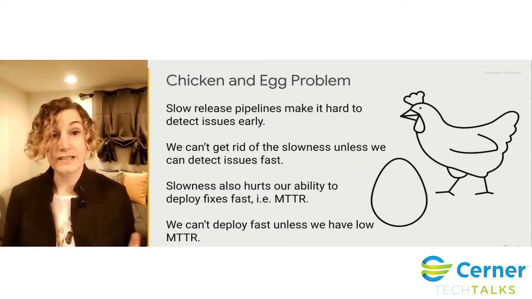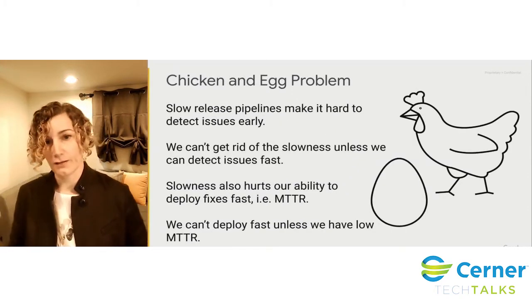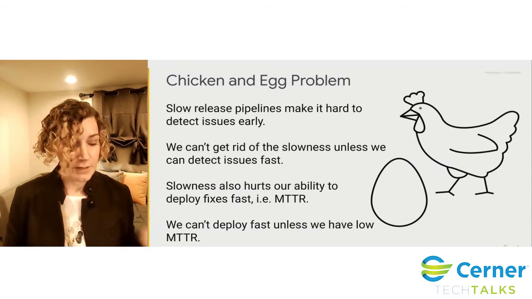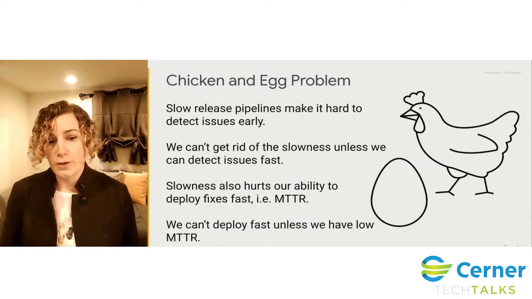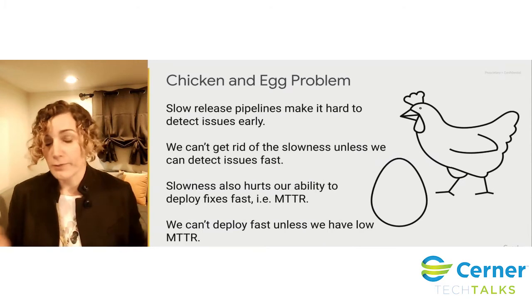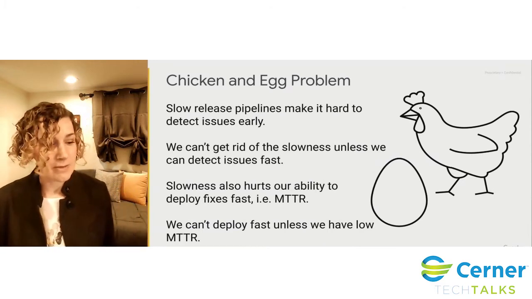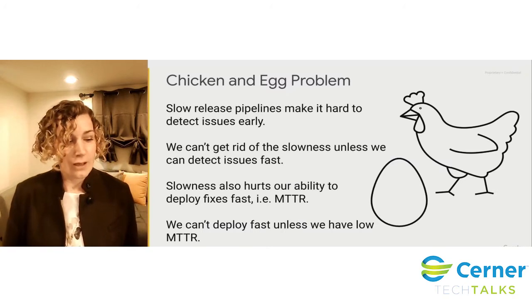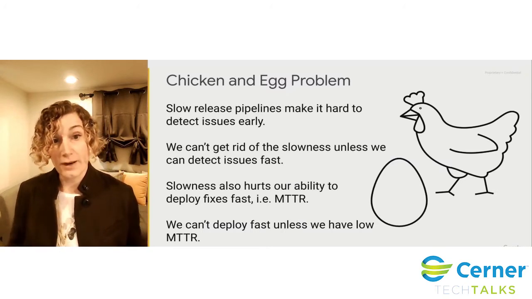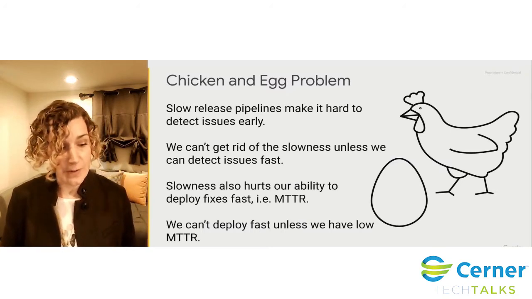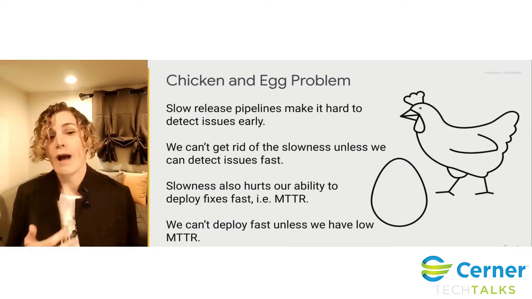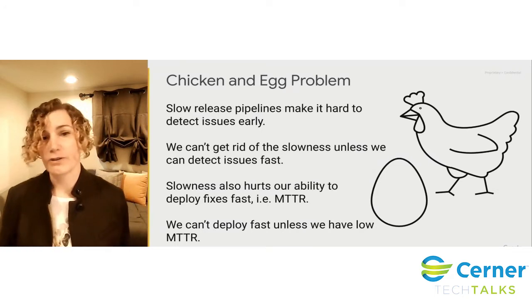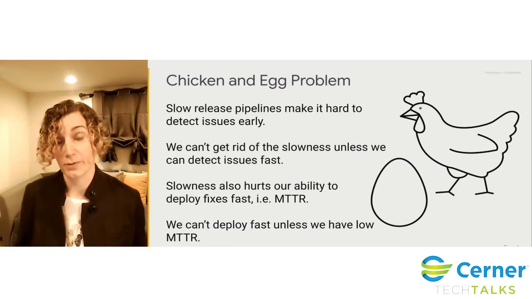Now, this leads to kind of a chicken and egg problem that I've seen in a lot of organizations. And it goes something like this. You have a somewhat slow release pipeline for whatever reason, or deployment process. Maybe you do once a week, maybe you do once every 2 weeks, but for some reason it's kind of slow. And you roll something out to production and it breaks. And so then people come back and say, okay, well, how could we have stopped this from happening? How can we have prevented this issue from even hitting production?